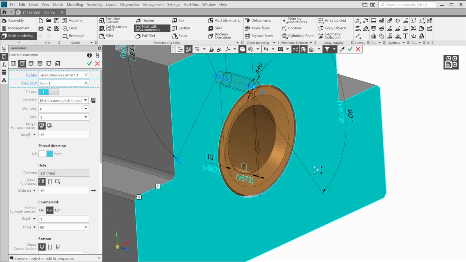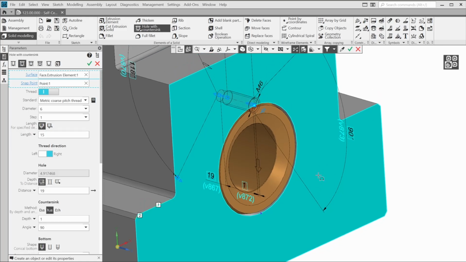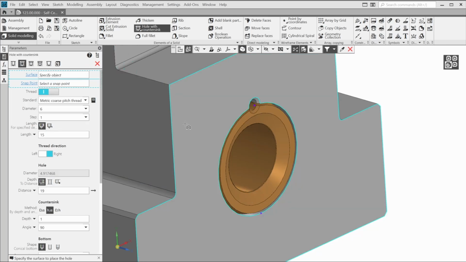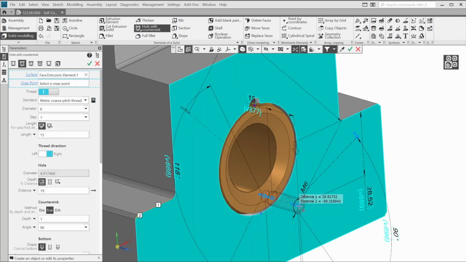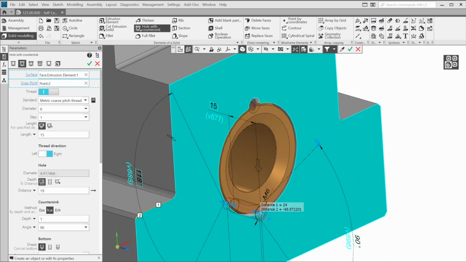Notice that you could select the point first and then the surface. As you saw, both fields were active. Confirm. Don't stop the command and create the second point with the same parameters. As you can see, all the adjusted parameters remain unchanged because we haven't stopped the command. Select the face and the lower point.